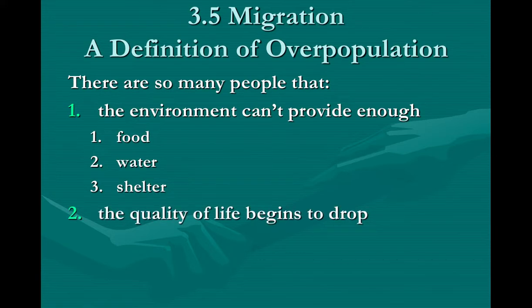Also, due to overpopulation, the quality of life may begin to drop, again, because there's overcrowding, because there's too much competition for the resources. And then populations tend to collapse upon themselves, meaning that there's no longer stability within a civilization, and the population will find ways to either resolve the circumstances or move out of those areas, or the population could come up against itself, civil war, people fighting for those resources.